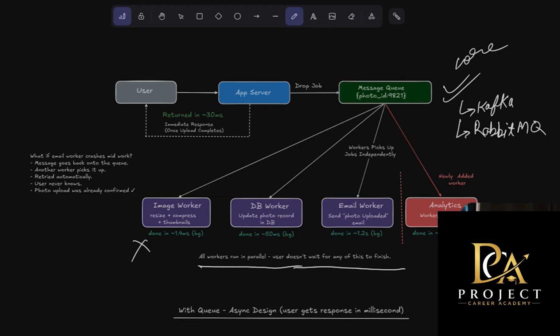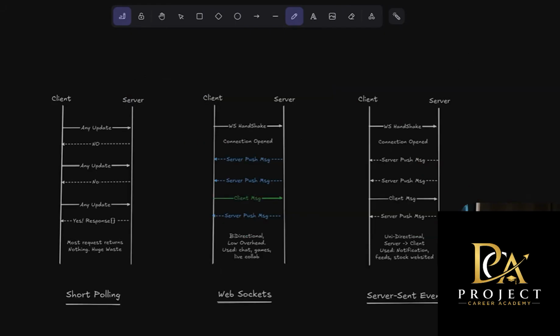Kafka is very popular because it's one of the most widely used event streaming platforms, because of high throughput, durability, replayability, and horizontal scalability. So at this point, I would say our architecture is handling requests very, very efficiently. So far, we have been using HTTP requests. And that is what is working, HTTP and HTTPS for most applications.